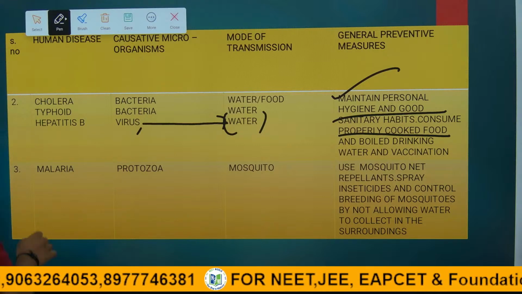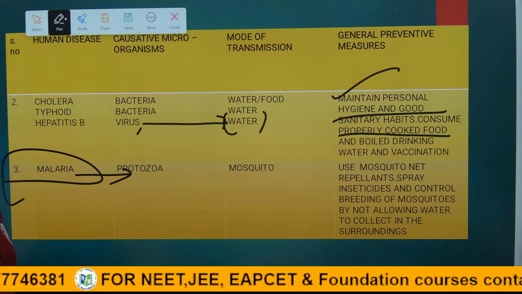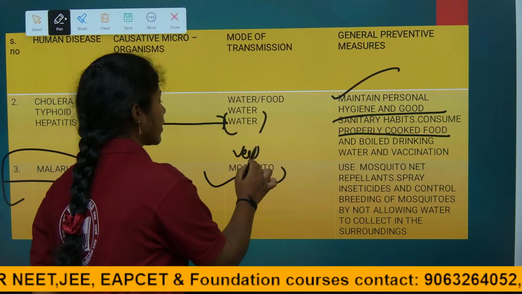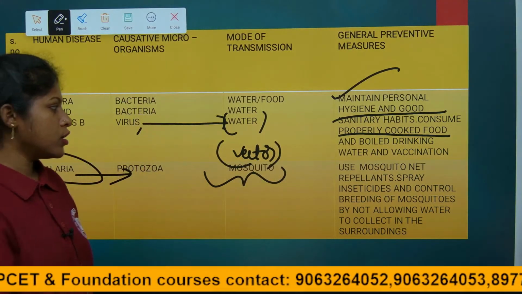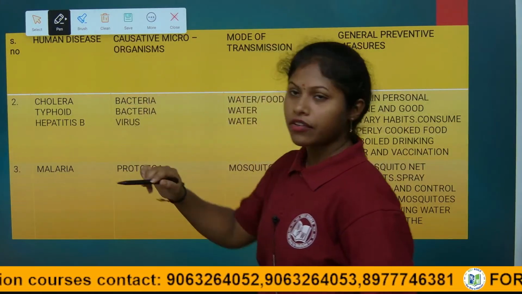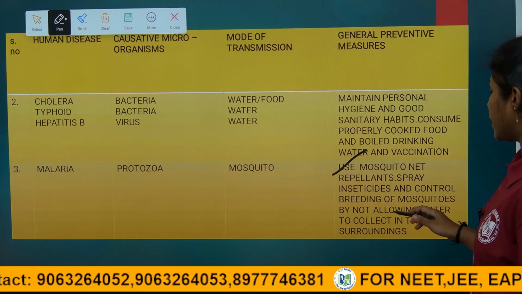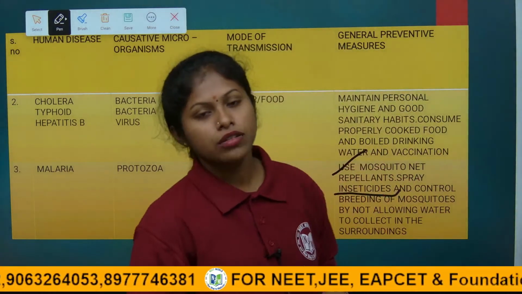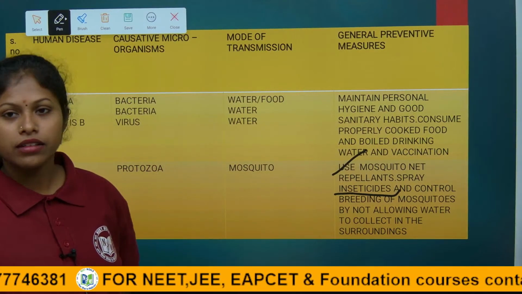And coming to malaria, the causative organism is a protozoa, a plasmodium, and it occurs through the mosquito, which acts as a vector, a vehicle that passes malaria to humans. To get rid of malaria, we have to use preventive measures like mosquito nets, repellents, spraying insecticides, and mostly making sure there is no stagnant water in the home. When there is stagnant water, you have to drain that water away